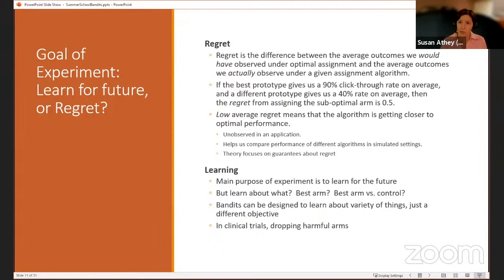Usually there are multiple objectives. I'm working on an adaptive experiment for providing input about contraceptive choice in Africa. And so one objective is that we care about the people in the experiment and we want to be ethical. A second thing is that we want to show policymakers afterwards. In that case, we're experimenting on both discounts and the way information is presented. We would like to be able to show policymakers that it's not just a spurious finding, that some of these treatments work better than others. If giving discounts costs money, we want to know how much.